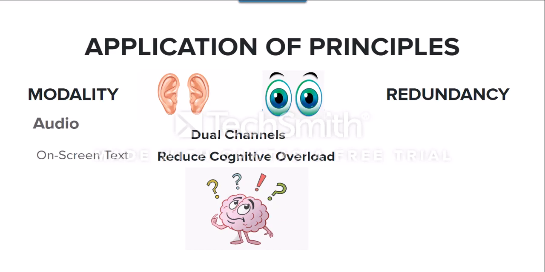The modality principle states that the audio is preferred over written text. As written text and pictures are both seen, so they are in our visual channel, this could potentially overload our learning with too much in that single channel. The redundancy principle is instead concerned with showing what is being heard as written text that would accompany graphic illustration.